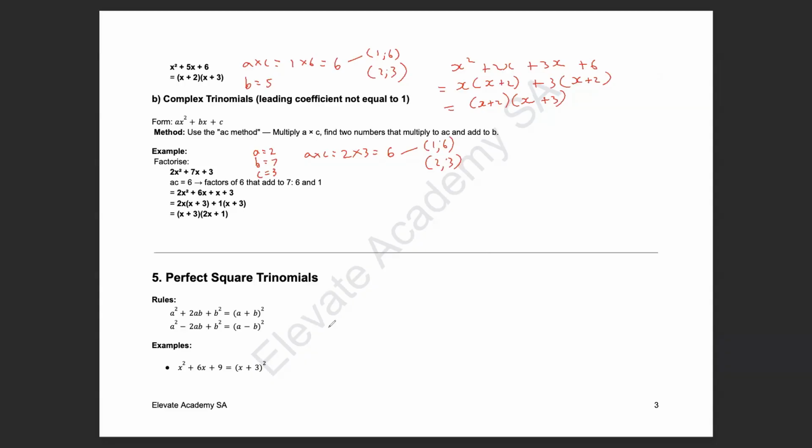Let us go to perfect square trinomials. Now, the method that we use in the previous